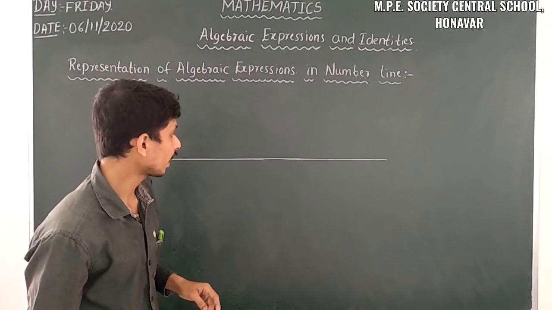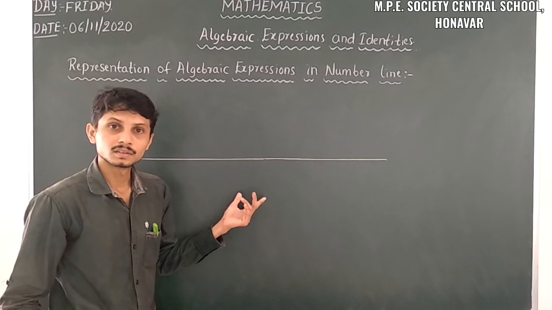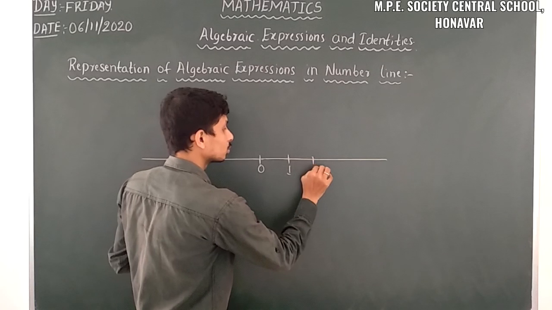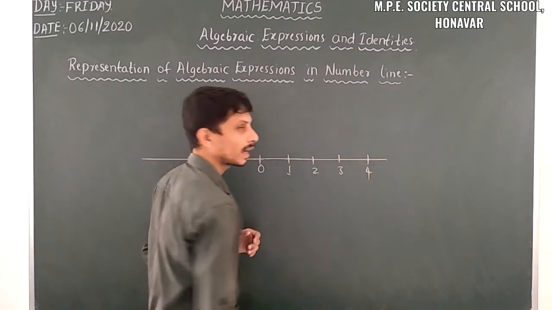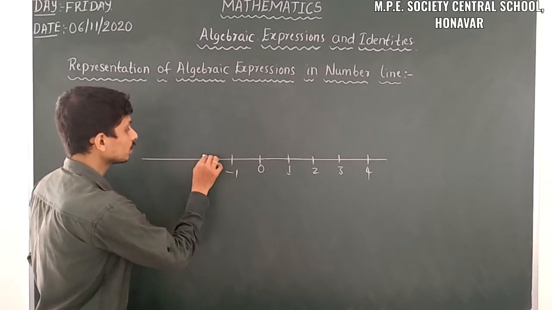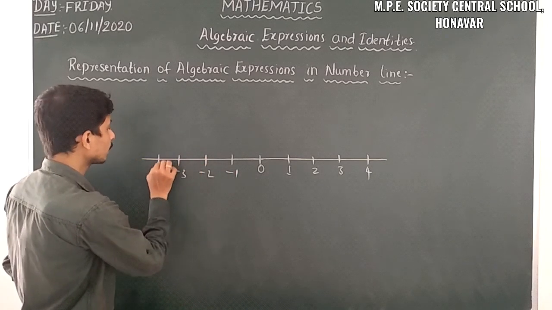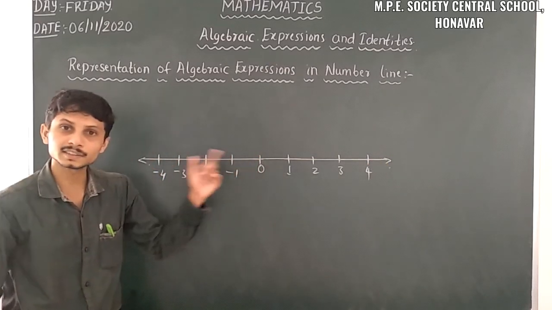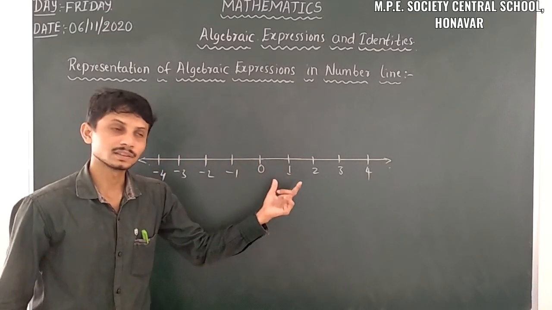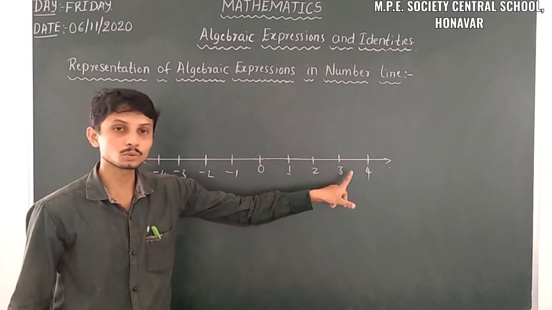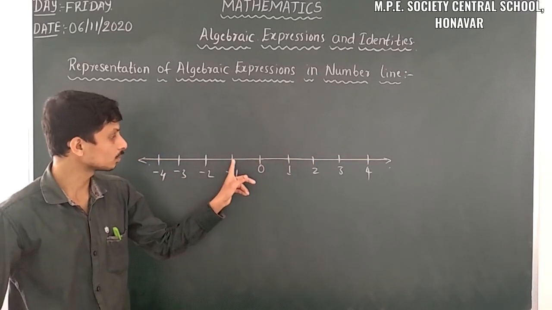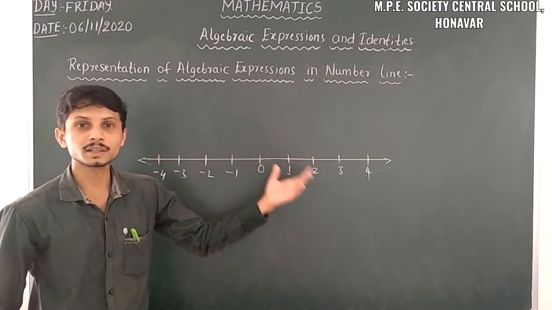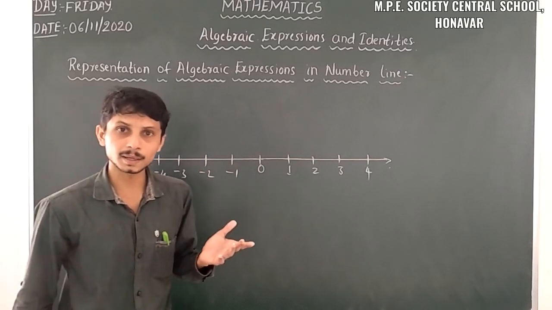Here we have to take the numbers 0, 1, 2, 3, 4 like that, and here it is -1, -2, -3, -4 and so on. Here it is increasing, here it is increasing. All the distances are equidistant. Here it is 0 to 1, 1 to 2, 2 to 3, all are equidistant. Here also 0 to -1, -1 to -2, all the distances are equidistant. So let us take an example here.